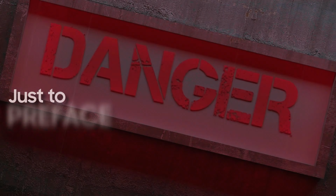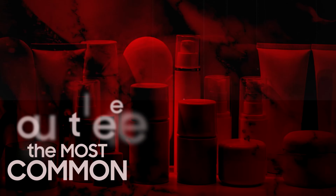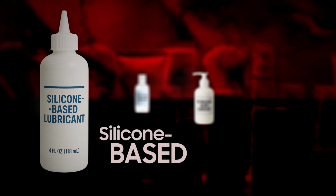And then just to preface, don't ever use a vaginal lubricant inside your... There are a variety of different types of lube out there. The most common are going to be your water-based, your petroleum-based, and then your silicone-based. And the problem with what we have out on the market is that most of it shouldn't go into the